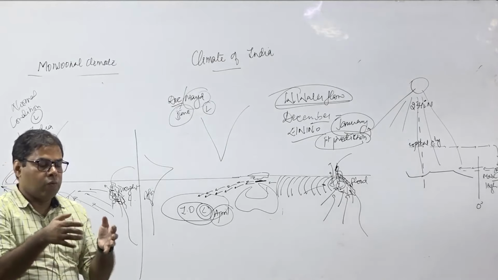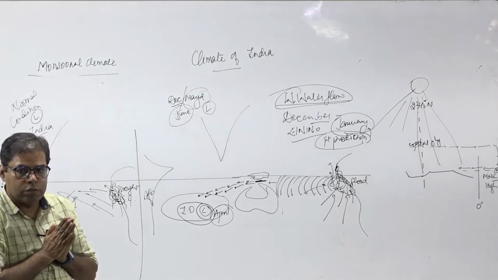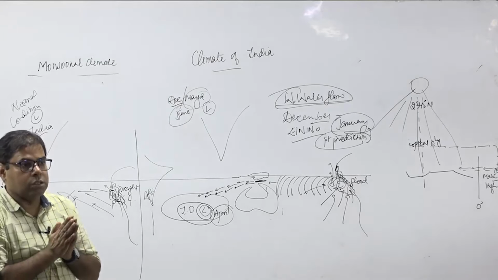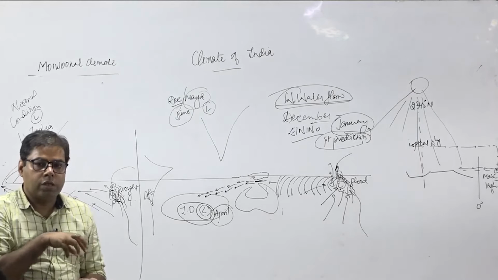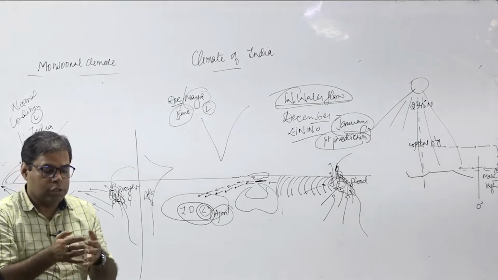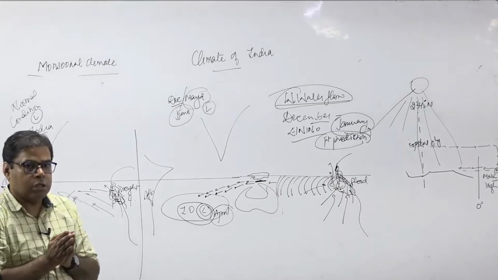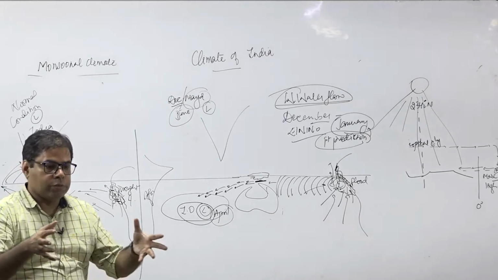That is El Nino. When the warm water has occupied the sea surface, will the temperature of the sea water increase or decrease? Increase. Warm water has occupied the area of the sea surface, so the temperature will increase. Pressure decreases, and decreasing pressure is responsible for cyclogenesis. So, it will attract the wind from the surrounding areas.